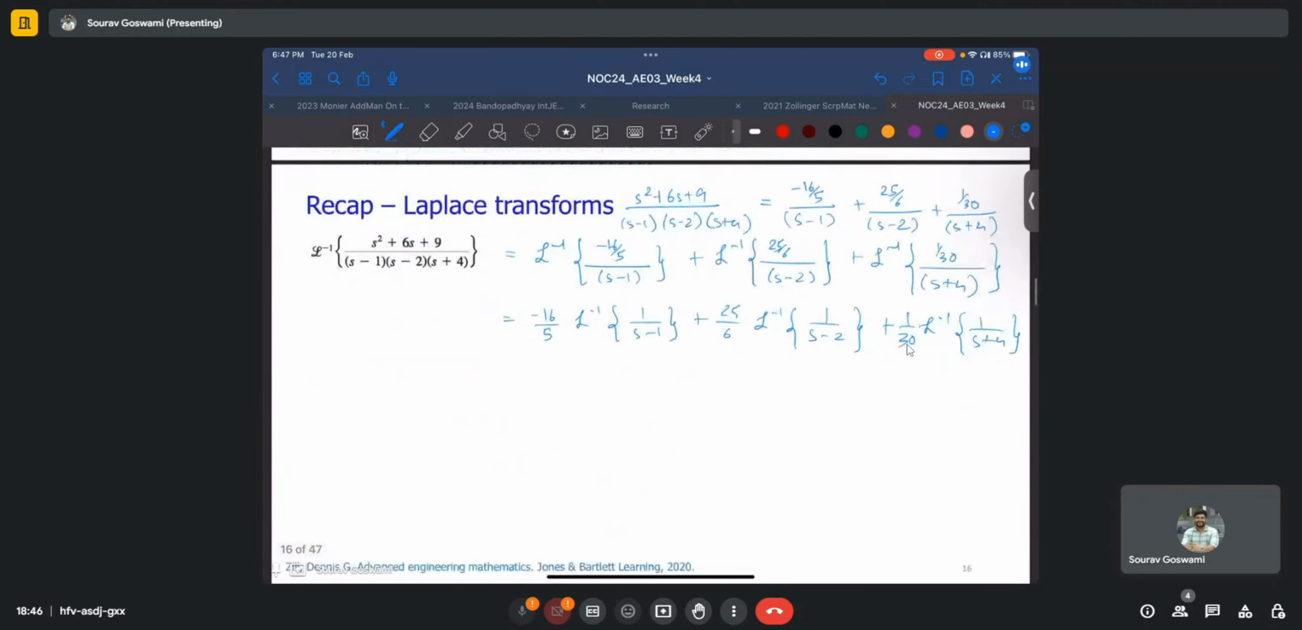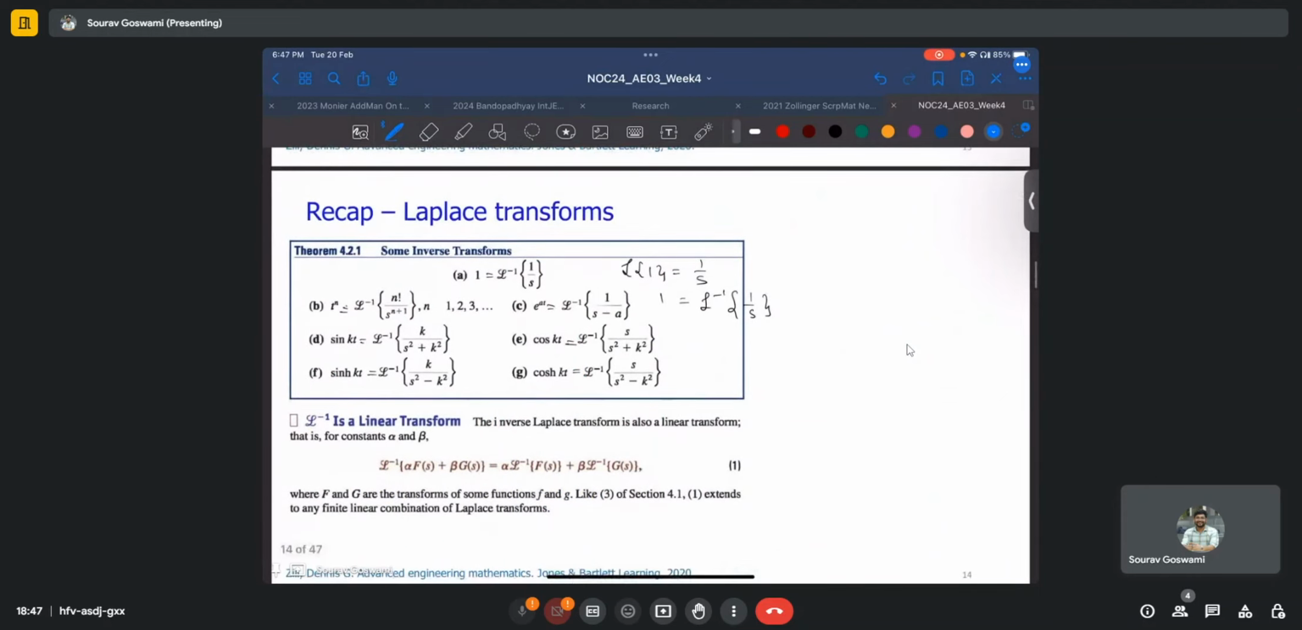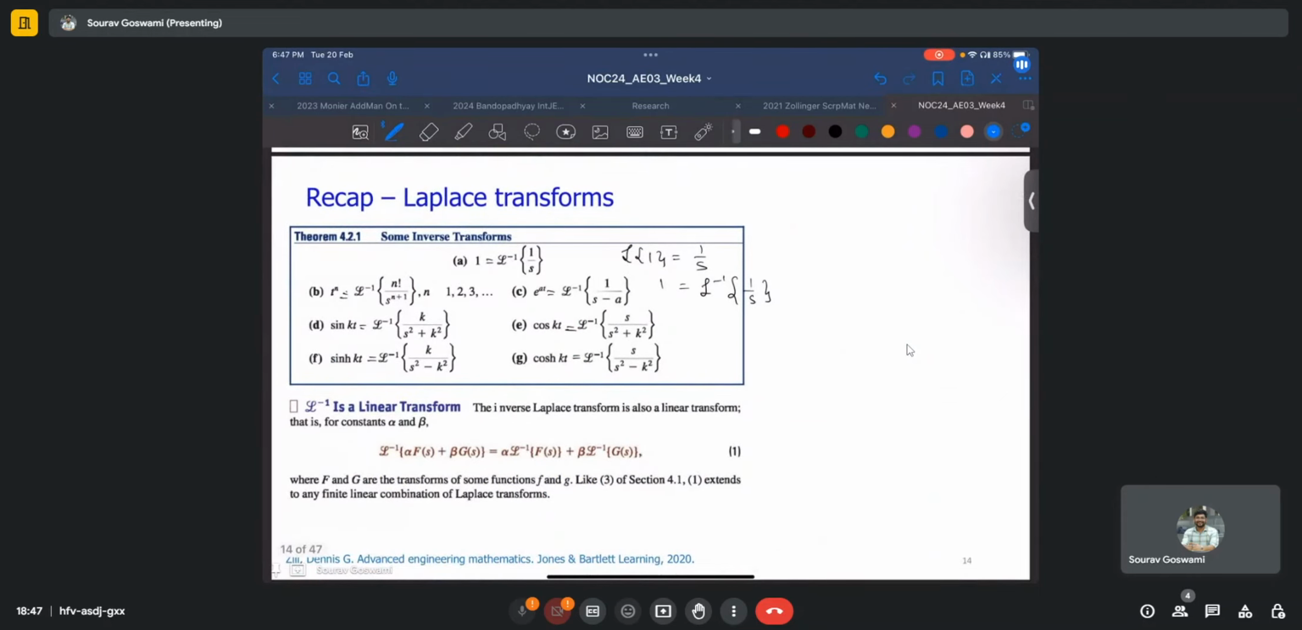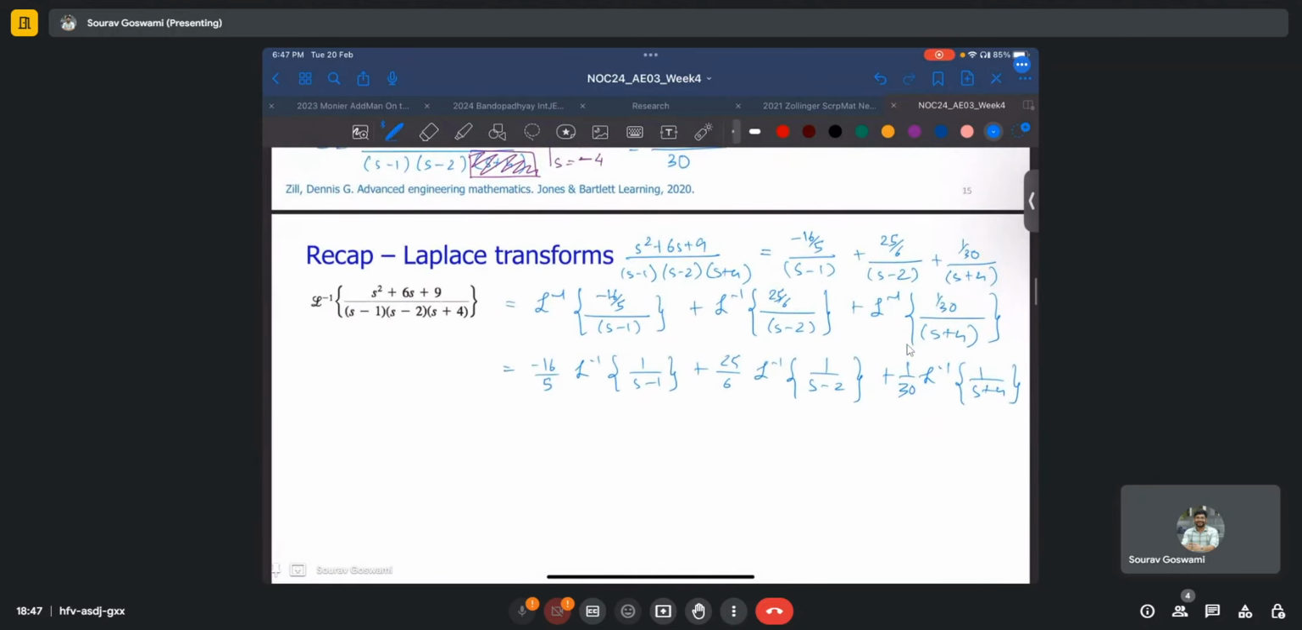So they're of the form 1 by s minus or s plus something, and this seems like a good fit. I'll just write it here. The Laplace inverse of 1 by s minus a is e power a t. So the Laplace inverse that we set out to compute: here a is equal to 1, so e power t